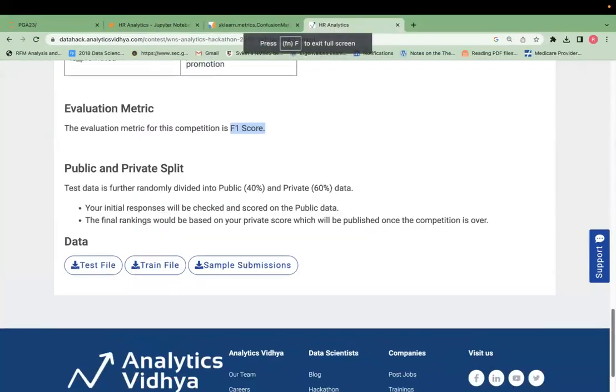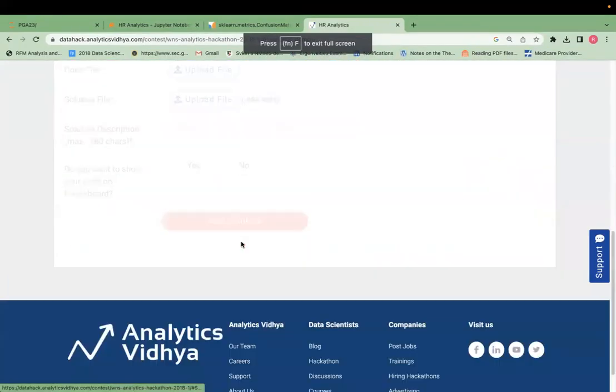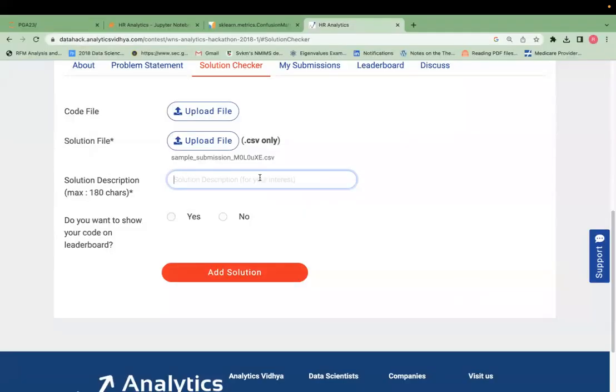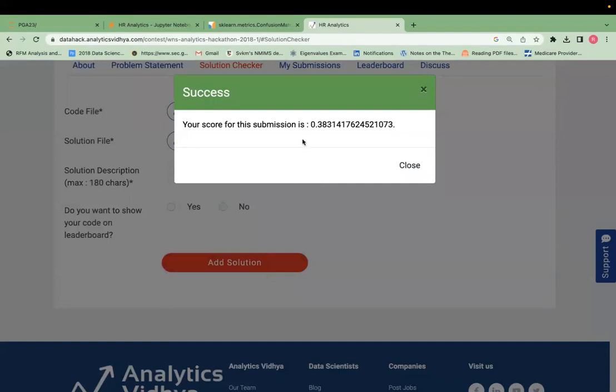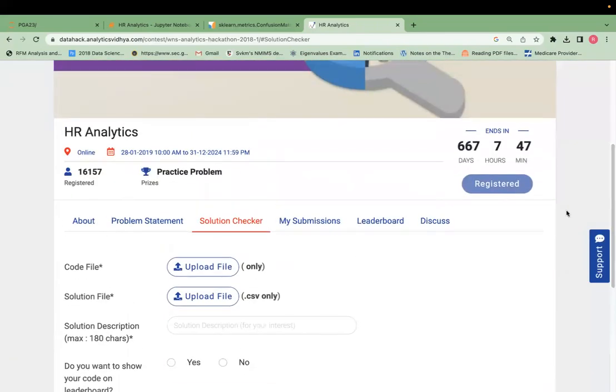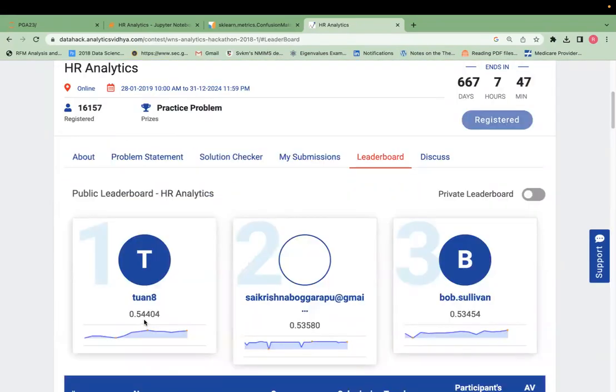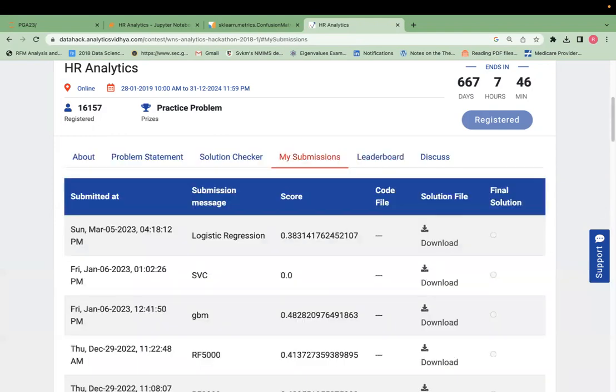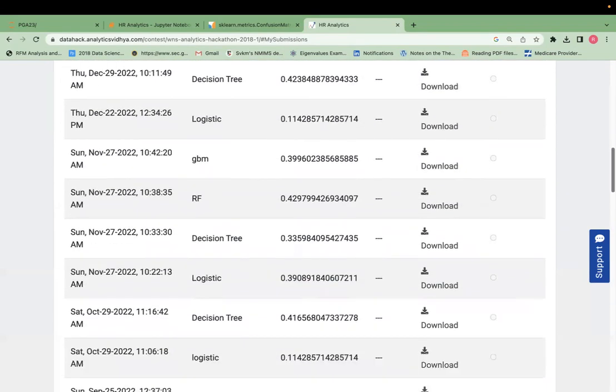Once you copy the values into the sample submission, you can go to the solution checker, HR analytics, sample submission. Solution is logistic, and then add solution. See, my score is 0.38. The F1 score is 0.38. Now, if you want to see the leaderboard, an F1 score of 0.54 is the current leaderboard. If you look at my submissions, the highest I have got is, I think, 0.49